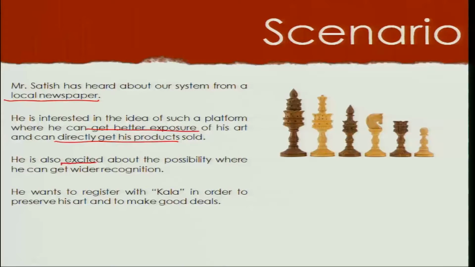He's also excited about the possibility where he can get wider recognition. Remember, he's a master craftsman. Awards and recognition is very important for him, right? He wants to register in order to preserve his art and make good deals. Okay, so you can see how the persona and scenario work together.